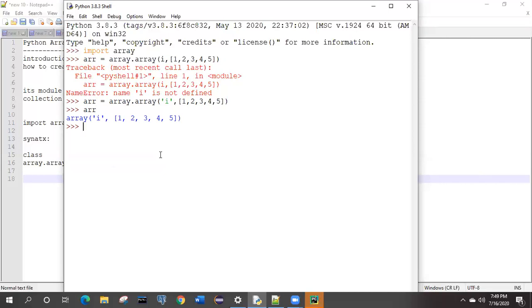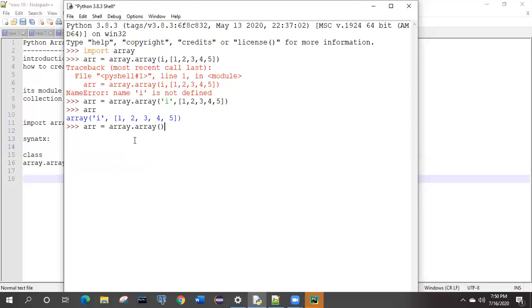Okay, so what can we do now? We'll initialize this again and check whether it is working properly or not. So array equal to array dot array, and this time what are we going to pass over here?